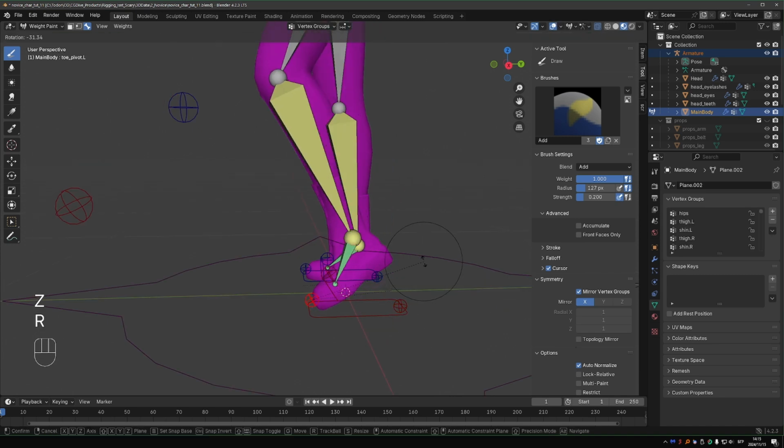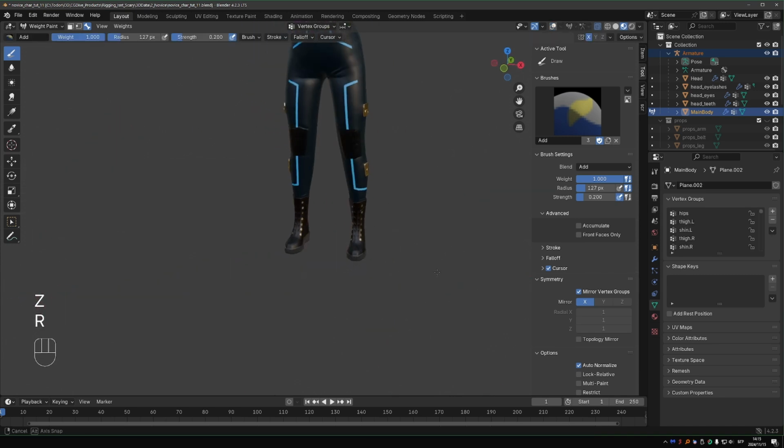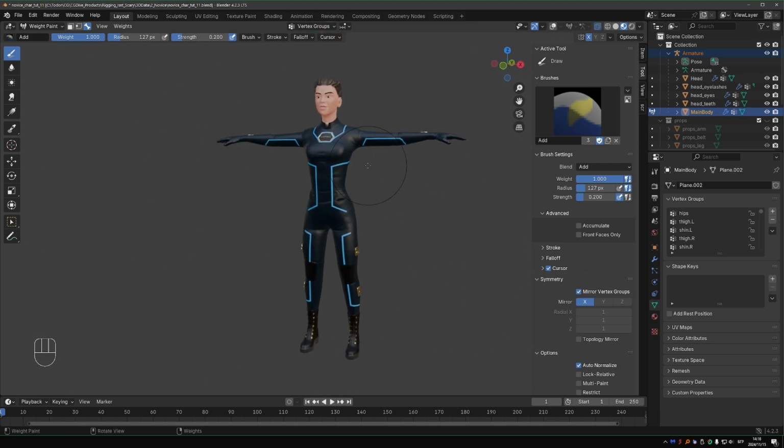The character's body is in a good shape, so I'm going to call it done. We can do more painting on it, but I cannot show you any technique that I haven't shown you already. Here is a little secret that most people don't know or they don't want to accept. Once you know the